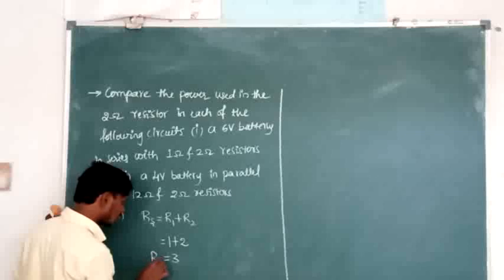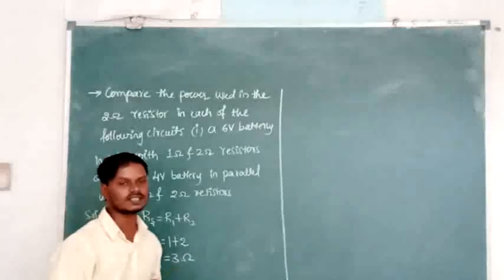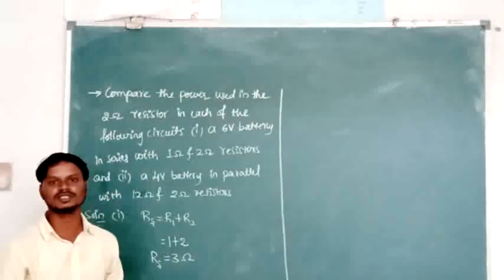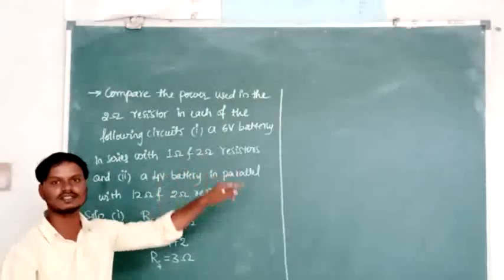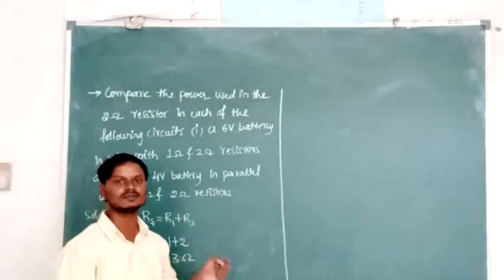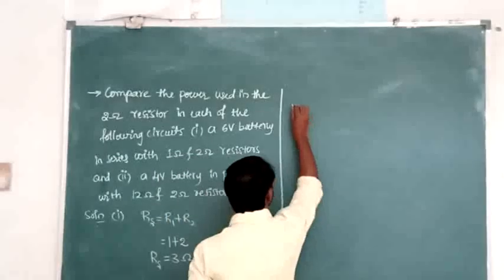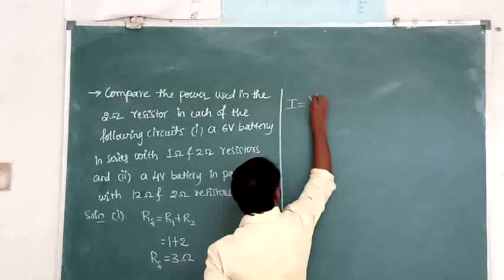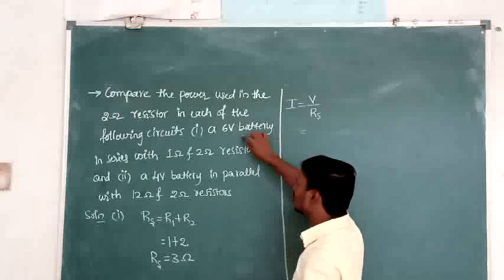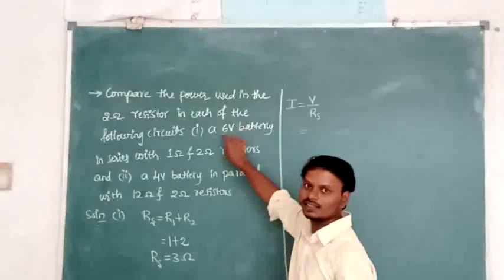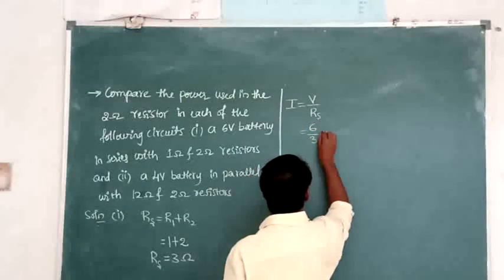Then what is the effective resistance in series combination? That is 3 ohm. Then we have to find current. If we find the current, we will get how much current flows through the 2 ohm resistance. How much current flows through 1 ohm? That much current flows through 2 ohm because they are connected in series. In series combination, what is same? Current is same. Means we have to find the total current in the series combination. That is I equal to V by Rs. So what is the voltage in series combination here? A 6 volt battery is connected in series with the 1 ohm and 2 ohm. That is 6 by 3. It is how much? 2 ampere.